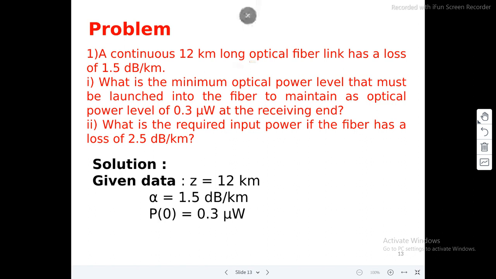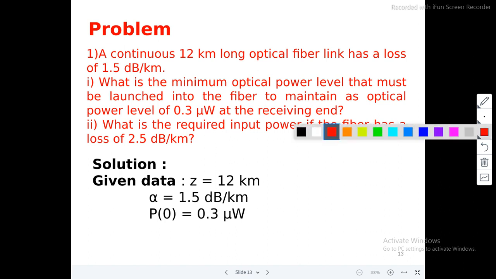First question: what is the minimum optical power level that must be launched into the fiber to maintain an optical power level of 0.3 microwatts